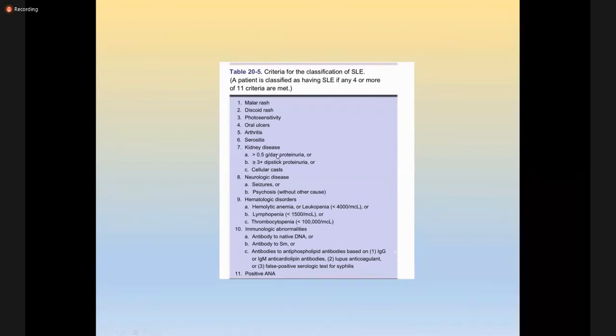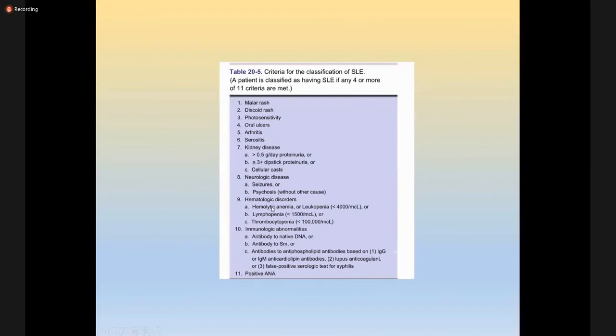Now the kidney involvement you will label not only based on the symptoms of frothy urine or hematuria or decreased urine. You have to go for the urine detail report to quantify the loss of protein in urine and to look for microscopic hematuria, red blood cell casts. Then in CNS, we have clinical criteria including seizures and psychosis.